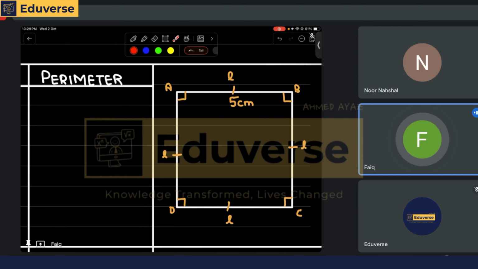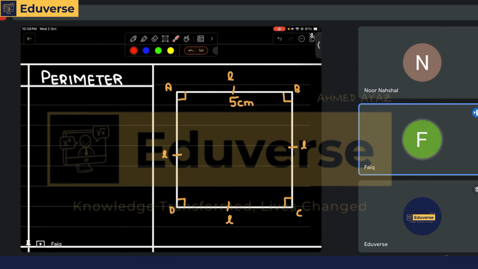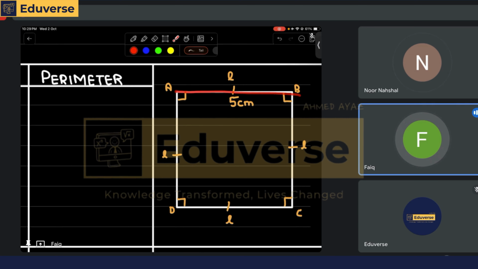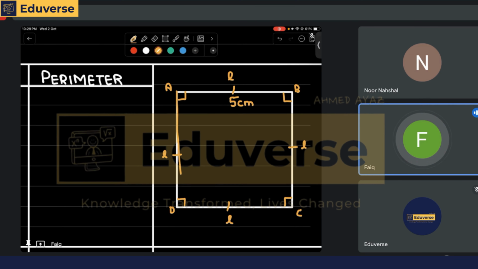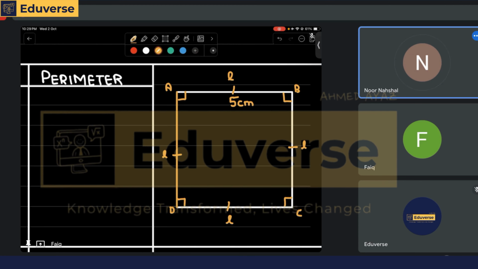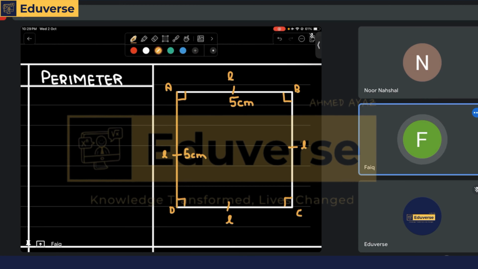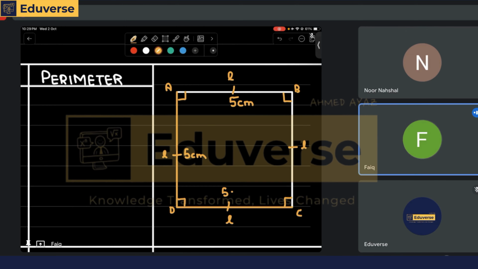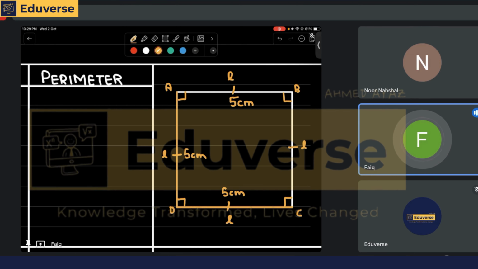So if I tell you any one side of a square, you can simply identify all the sides of a square. So if side AB is 5, Noor, can you tell me the length of side AD? 5 centimeters. That is correct. Can you tell me the length of side DC? It will be 5 centimeters as well. And if I ask you about the length of